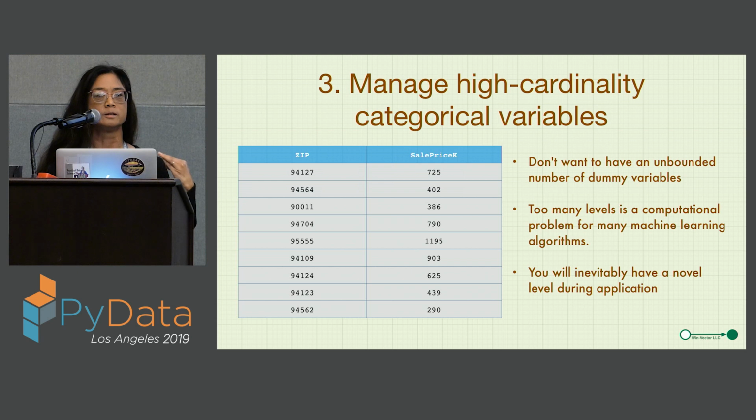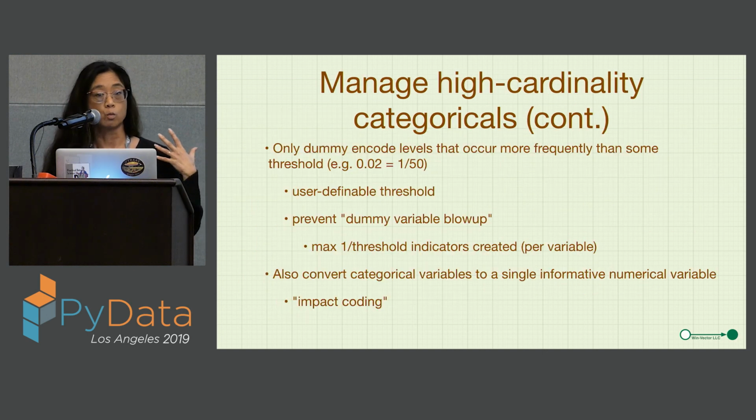And the easiest way to accidentally have an overly wide data set is to have a couple of categorical variables that are very high cardinality, or even to just have a lot of moderately sized categorical variables that together add up to a lot of indicator variables. So you want to manage that. vtreat manages it one of two different ways.